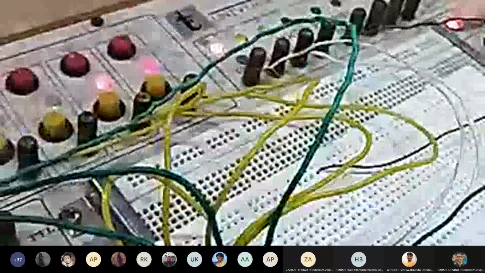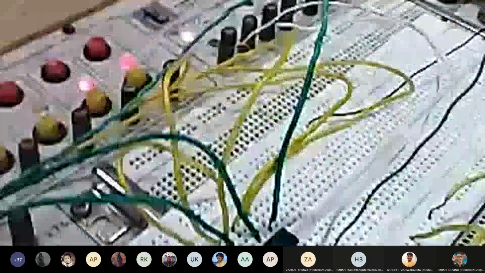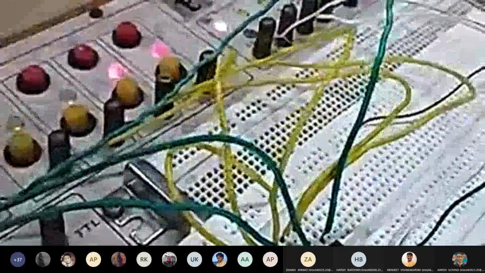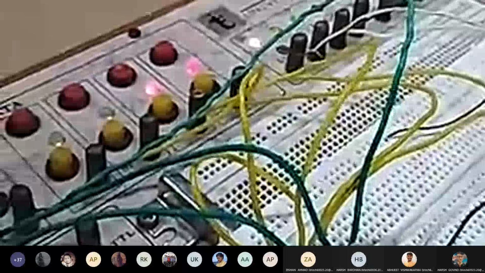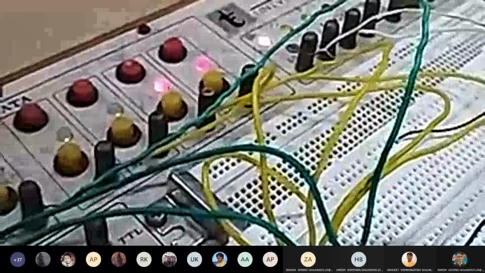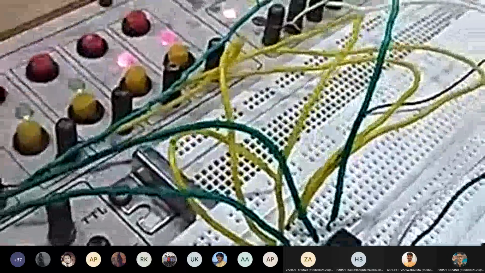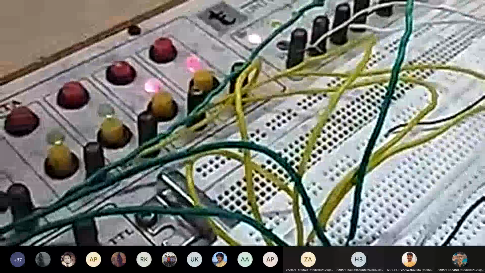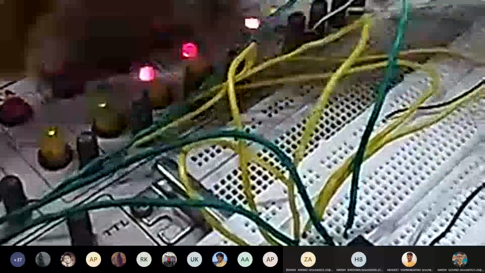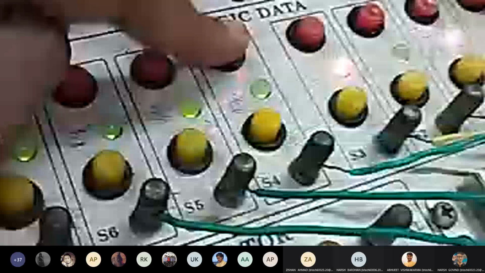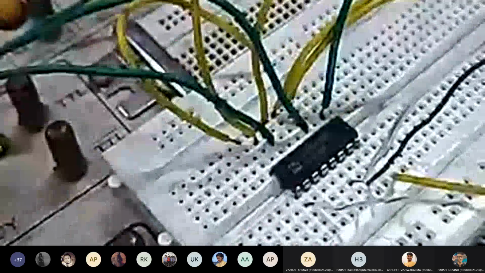Okay, dear students, there is some mistake. I don't know what is happening in the whiteboard because in the previous all the values are coming, but now when we are doing for A equal to 0, both the lights are blinking. Okay, so something is creating the problem, either this knob or from here, because of the circuit we have done just now.